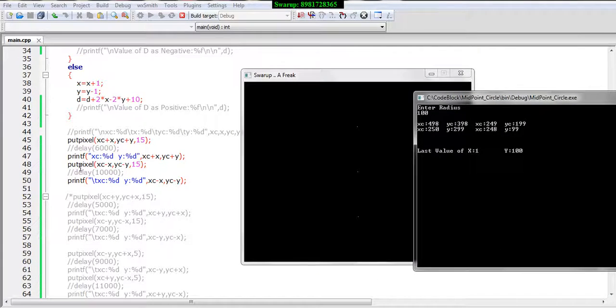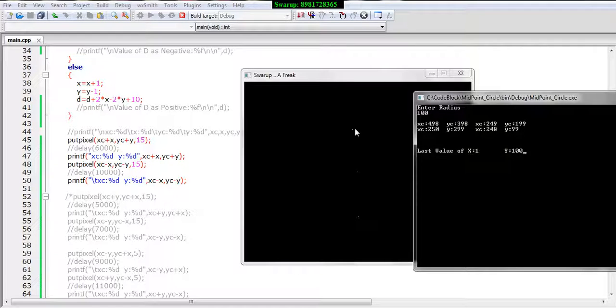Now let's see how it is working. So it is plus x, that means xc is 249 and x was 100, that makes it 250. So 250 is the column, which I said at the very beginning, and 199 plus 100 is 299. This is the row that was there, and the opposite end would now have xc minus x. So this was plus x, this is minus x, so 249 minus 1 makes it 248.